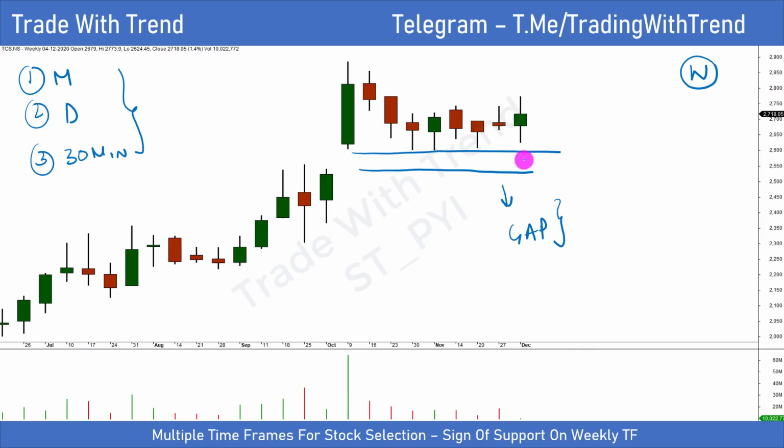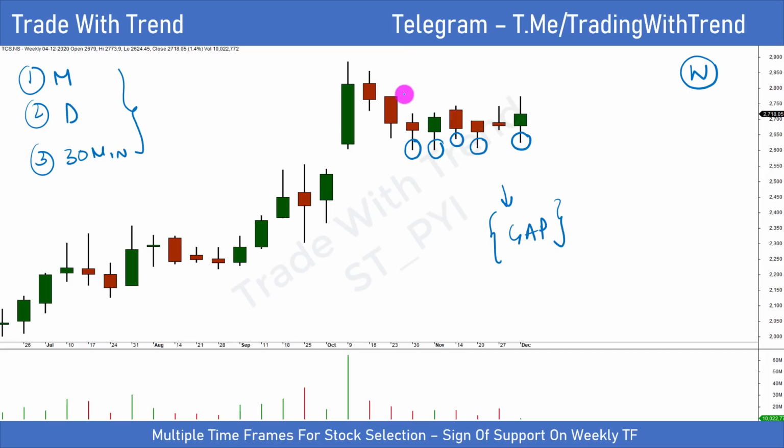And above this gap region, take a look at what price is doing. So we have a long tail here. I'll just remove these 2 lines. Again, one long tail, again, a couple of long tails here. And even this week's candle is forming one long tail. And all this price activity is happening above this gap region.